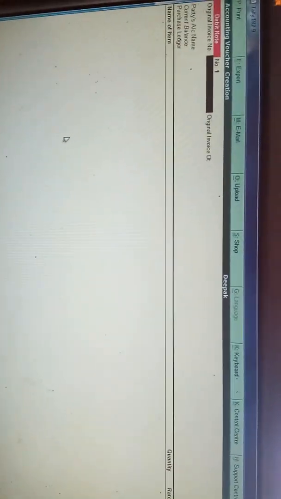Return means at the time of purchase returns we are returning. At the time of sales returns we are getting. Okay, we show all these particulars, to which party you are returning, from which party you received goods and all. These two are said to be very important source documents also. When you have to record purchase returns and sales returns in the books, you need to use debit note and credit note. One thing I want to say, my dear students, there is one function key by name F7.